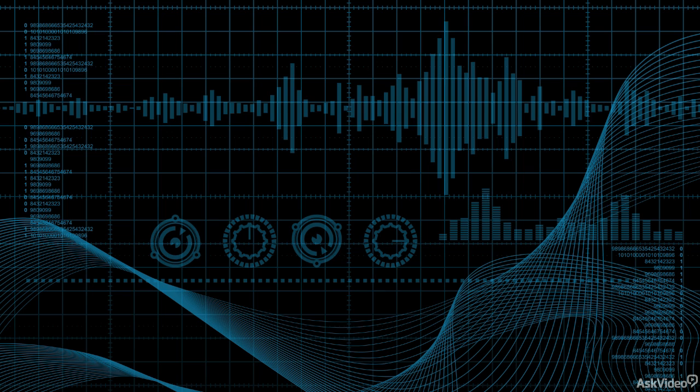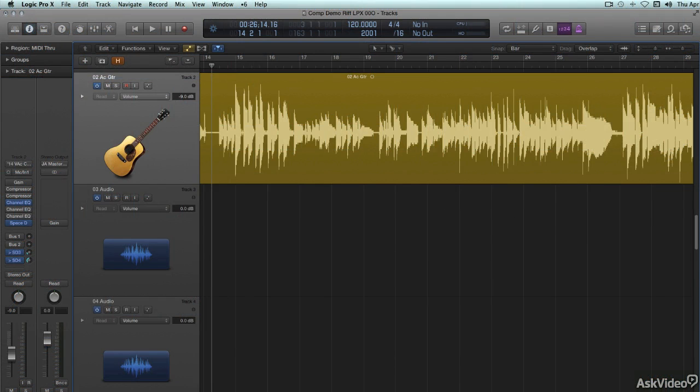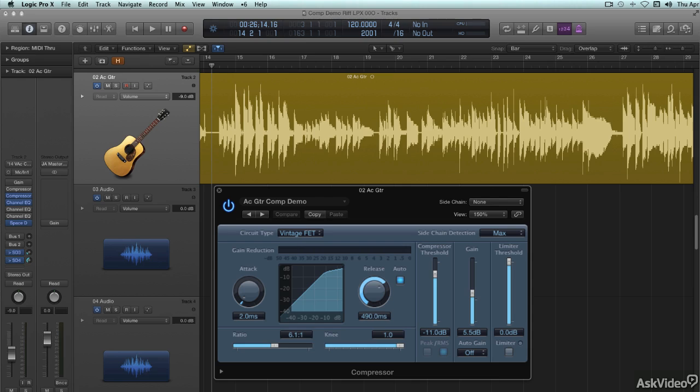Compression is one of the most useful tools in the art of recording and mixing. Compressors are used for a wide range of tasks, from technical uses, like evening out wildly varying levels in a recording or preventing overloads, to their use as an effect for fattening up or punching up the sound of drums and other instruments. While some of these applications create an obvious effect, others are so subtle that if they're applied